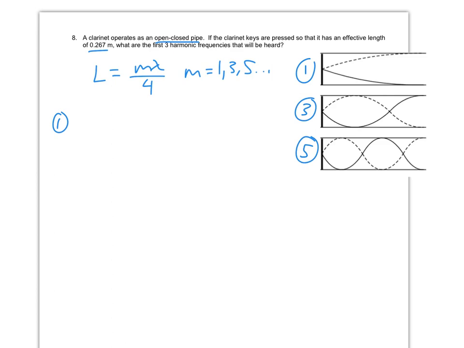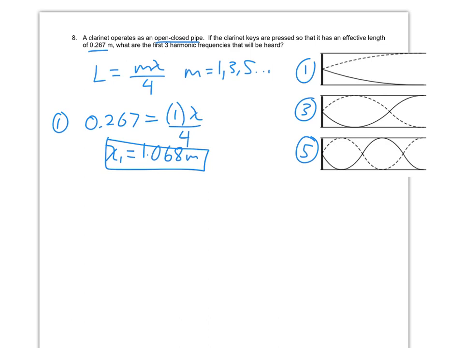The first thing I'm going to do is find the wavelength of them, where standing waves will exist. So we can say 0.267 equals 1 times lambda over 4. For that first harmonic, we have a wavelength of 1.068 meters. For the next harmonic, which has a harmonic number of 3, we can say 0.267 is equal to 3 lambda over 4. So we multiply by 4 and divide by 3, and we get that lambda for that third harmonic, which is the second one we hear, is going to be